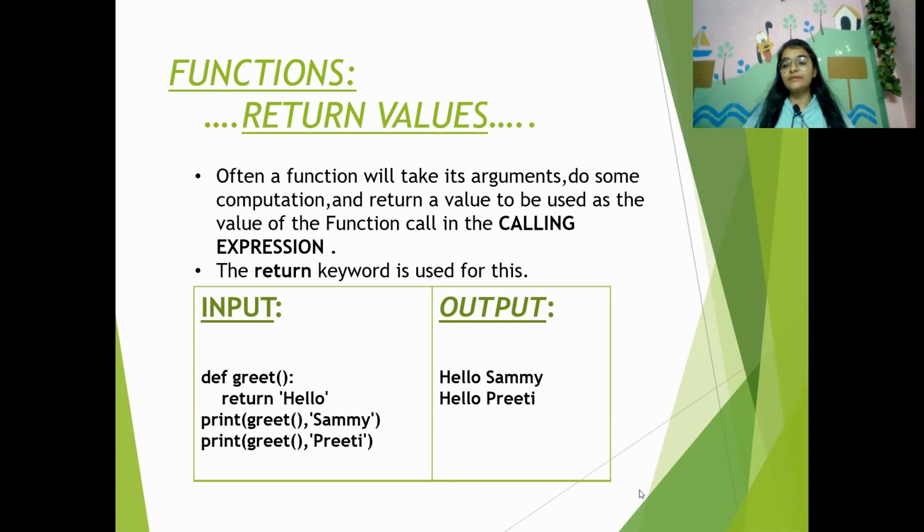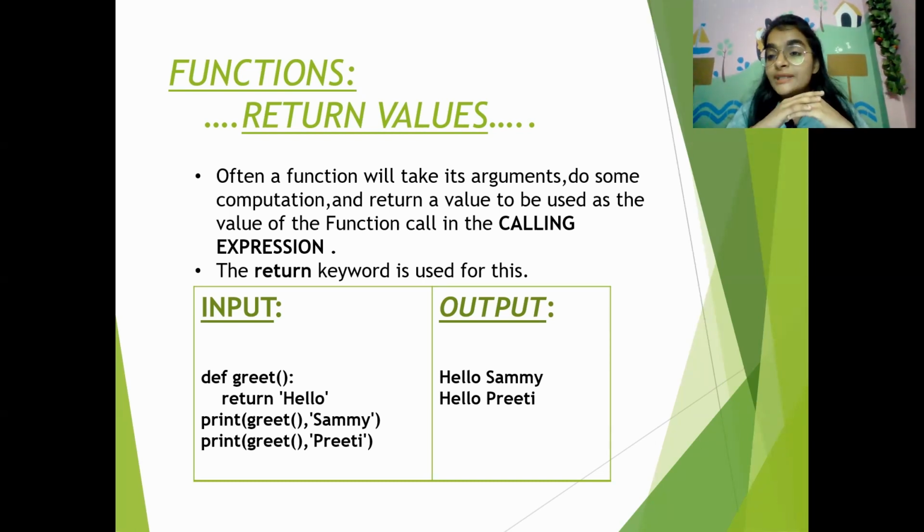Let me clear this point by giving you more examples, right? See, there is a return keyword. The return keyword is basically used only for returning values. It can be values computed by the programmer, or values which have to be returned by the function. Now that function may have parameters, or it may not, it doesn't matter. But when it uses a return statement, then it means that it is going to return some value to the